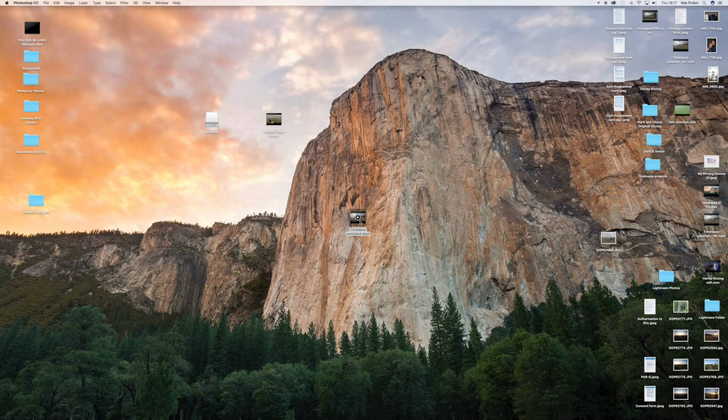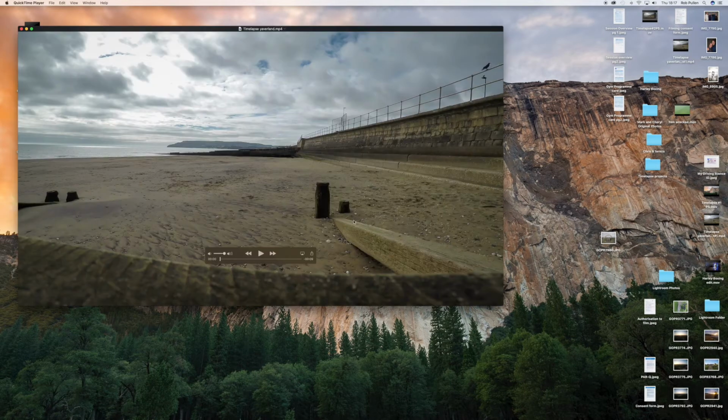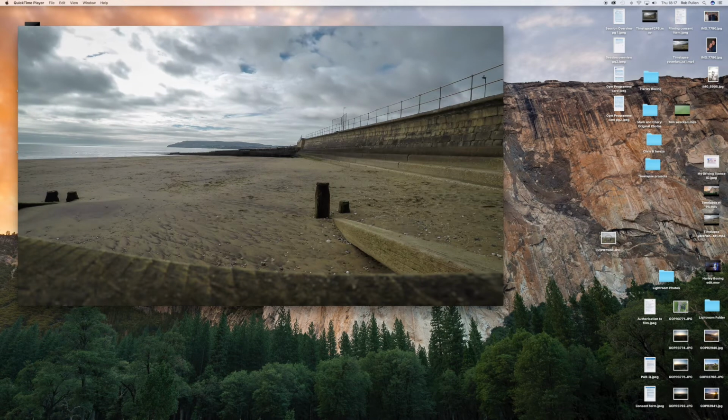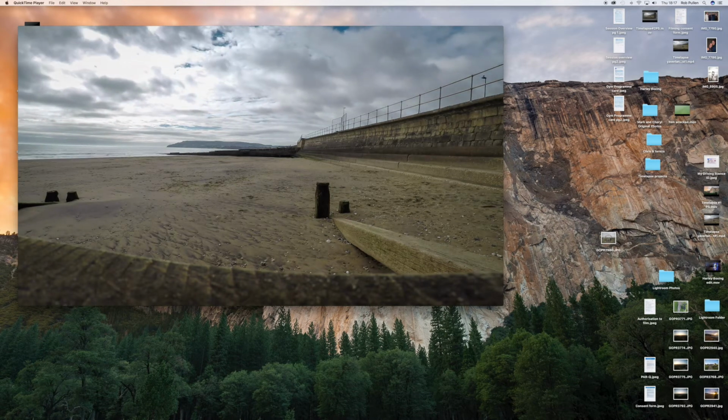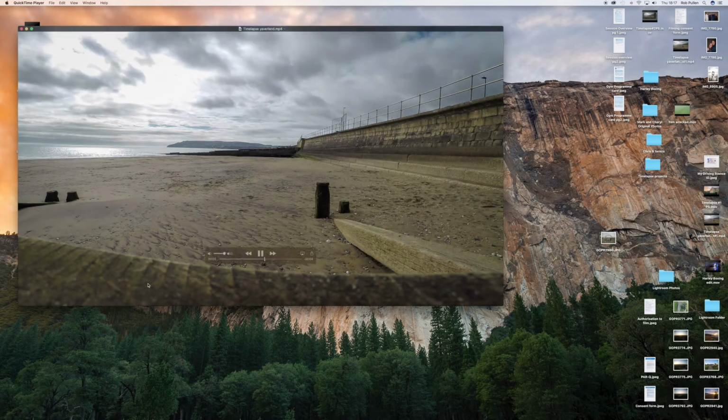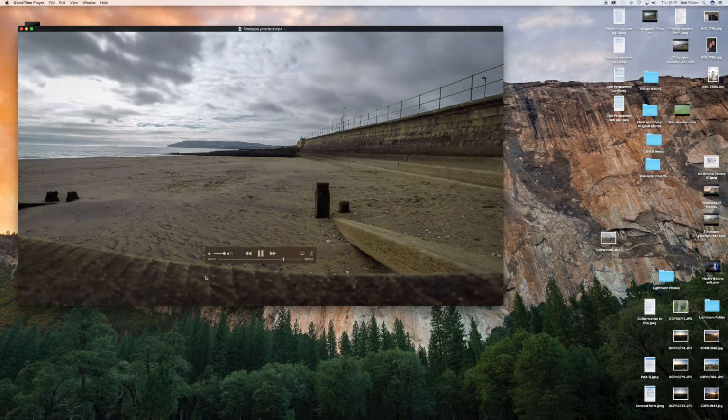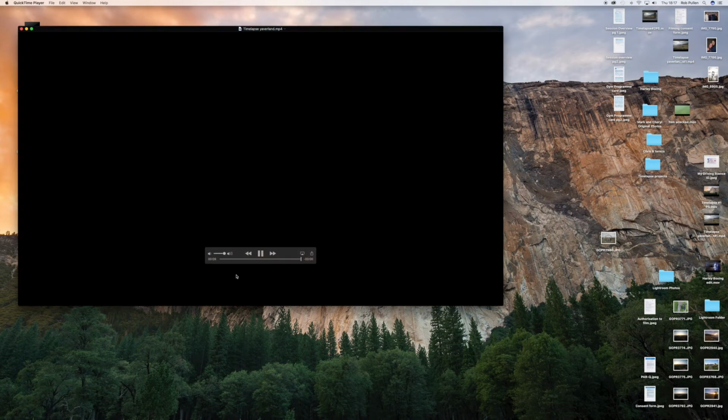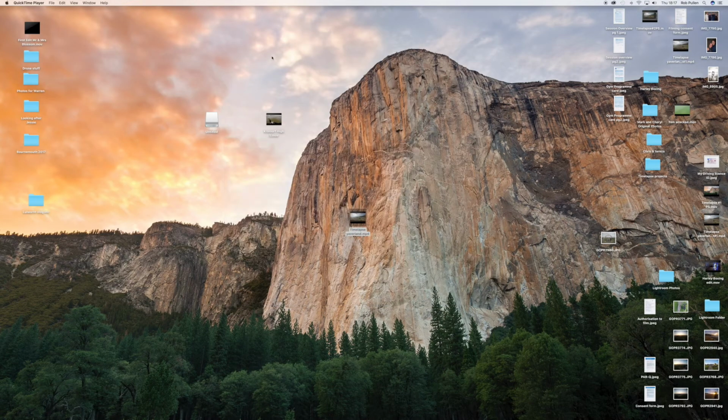So this is the original one. Let's just click on this one again. And you can see it's just taken with my GoPro. You've got the clouds moving, nothing else is happening. I've literally just sat my GoPro down on this kind of wooden beach thing. And now let's go to the